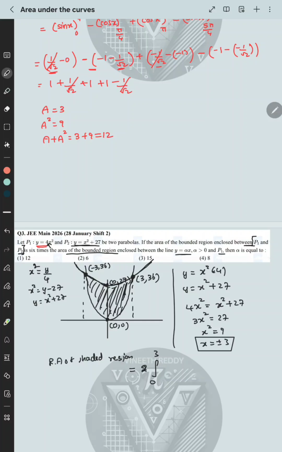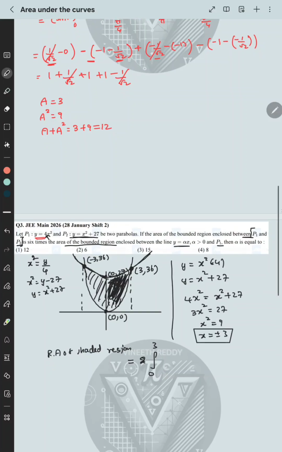वाई 2 टाइम्स लिखा क्योंकि ये वाला जो रीजन है, इसका जो एरिया है ये ट्वाइस द एरिया ऑफ द शेडेड रीजन होगा, राइट, बाई सिमेट्री। तो अपर कर्व, अच्छा अभी क्या लिखेंगे, अपर कर्व माइनस लोअर कर्व। अपर कर्व क्या होगा भाई, फ्रॉम 0 टिल 3, व्हेन x इज इक्वल्स टू 0 टिल x इज इक्वल्स टू 3। हम तो इंटीग्रेट विद रिस्पेक्ट टू x एक्सिस कर रहे हैं, तो y dx होना चाहिए।